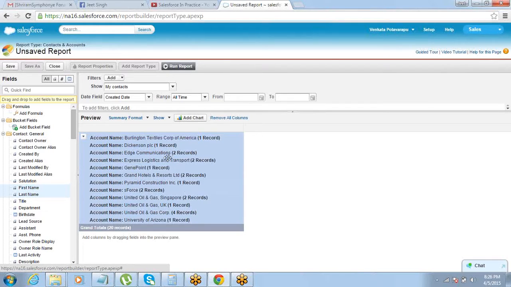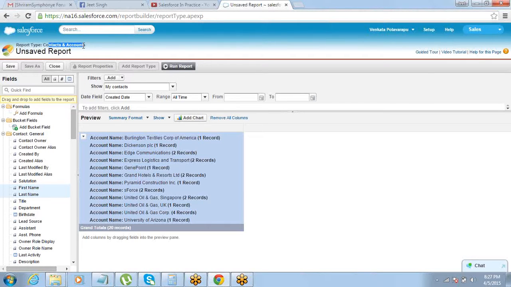So that's there. Now parallelly, I am also supposed to give a count of how many cases we have against each account. Cases is not available here because the report type is contacts and accounts. So cases is not included in this, right? To bring in the cases here, I need one more report type because cases is a different report type.